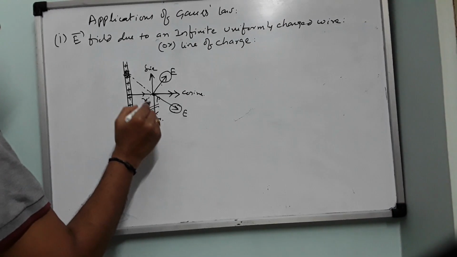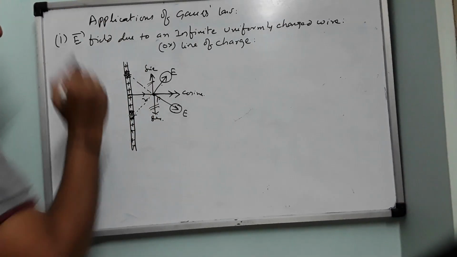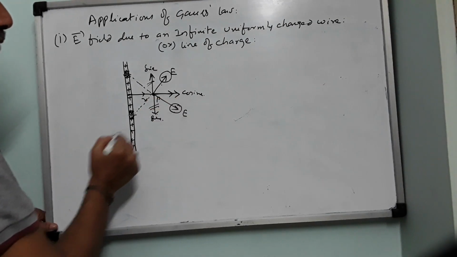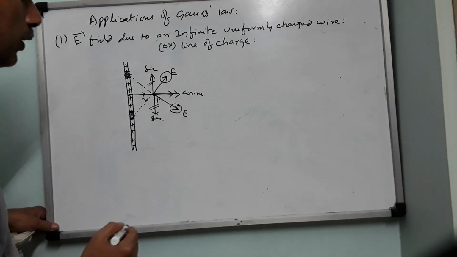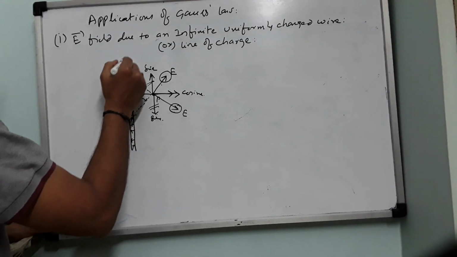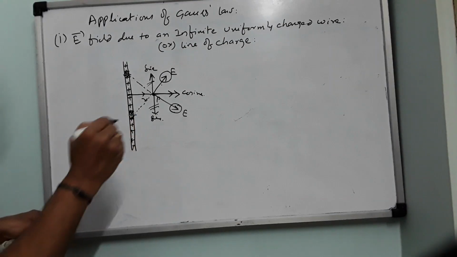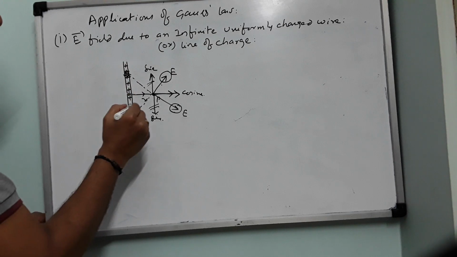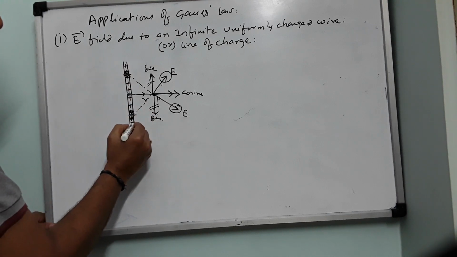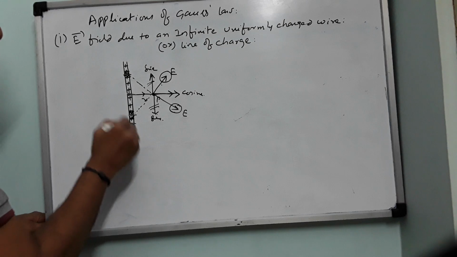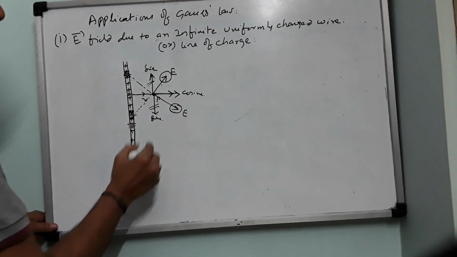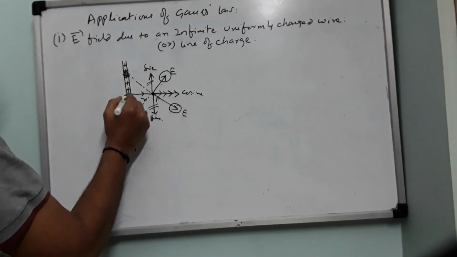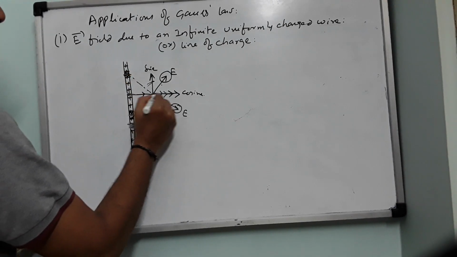Therefore, the sine component vertically downwards will cancel with the sine component vertically upwards. So you have electric field only due to the cosine components, which are pointing in the same direction. If you consider any number of elements like this, for every element above this point, the sine component of its electric field is cancelled by the sine component of the electric field of the element below. So all cosine components go on adding up. Therefore, the electric field will be radially outwards.